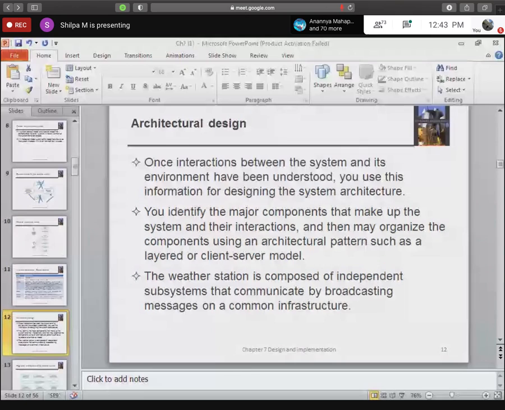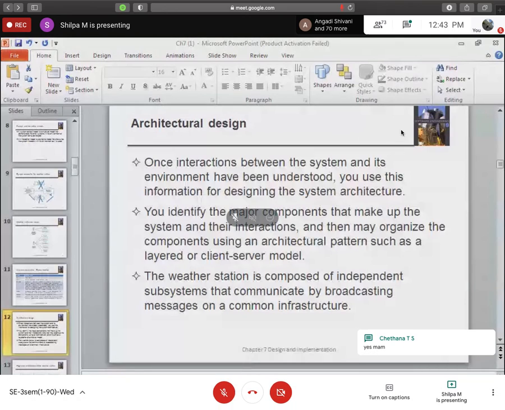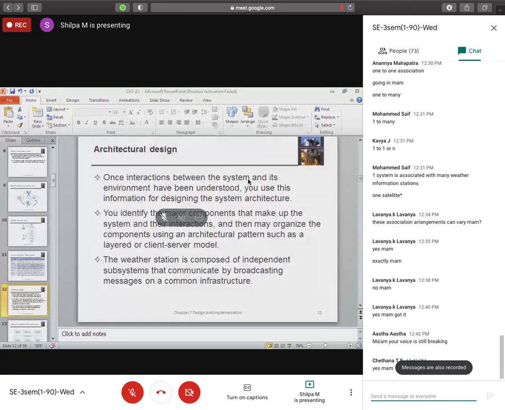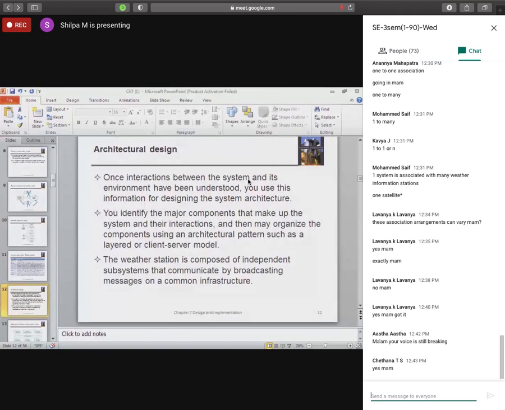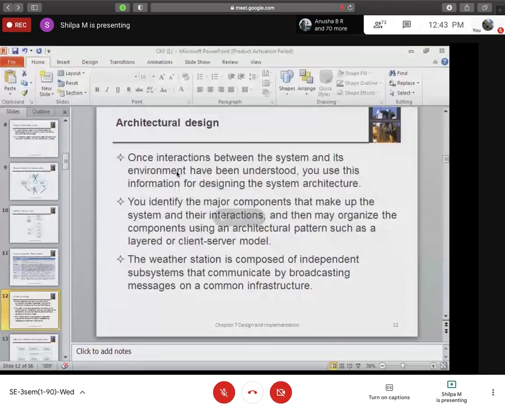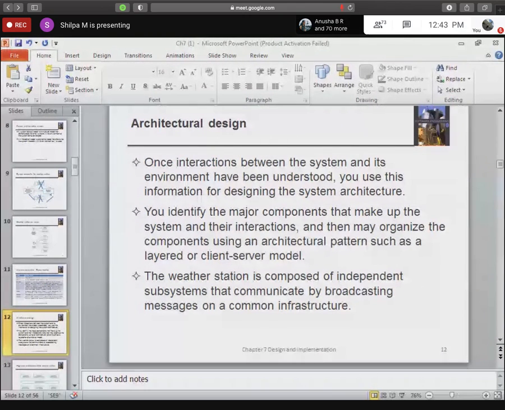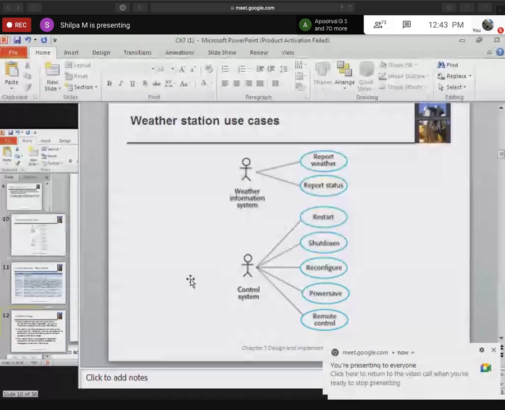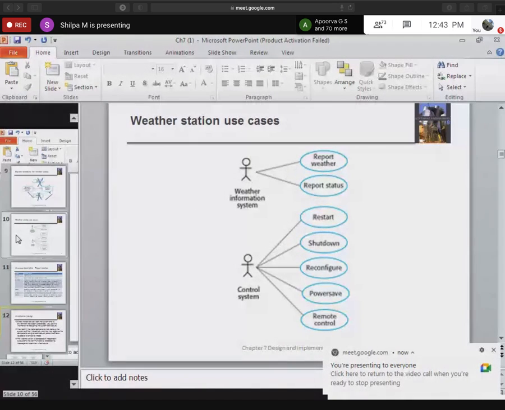The only thing I said is you can either reproduce the same example or use one from somewhere else, but I would insist you please write what is there in the textbook for that particular answer. In this system context use case, according to your object oriented model, they have given one for weather.